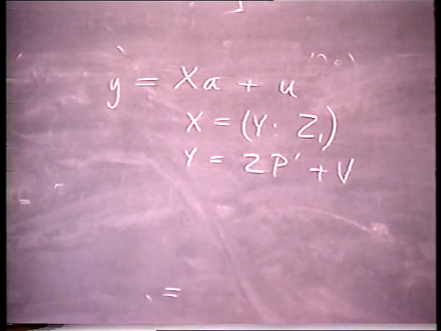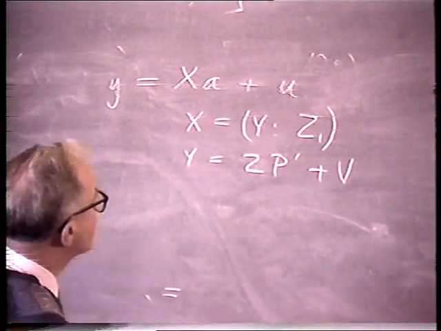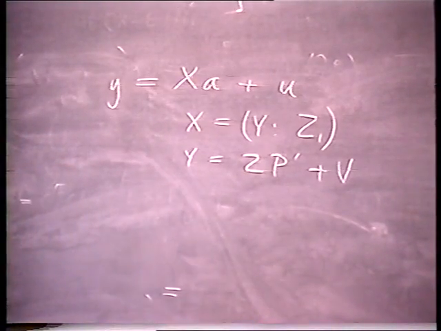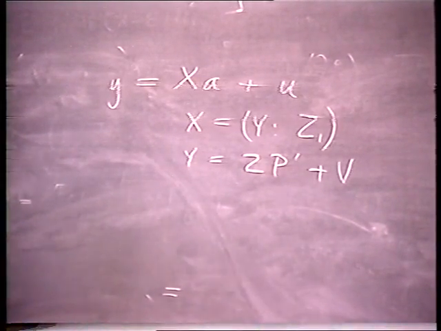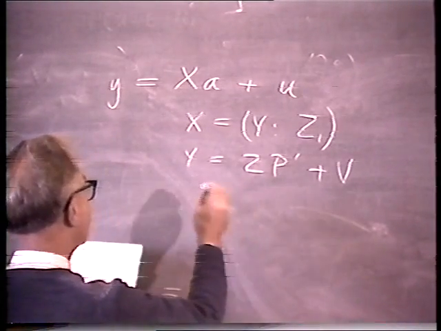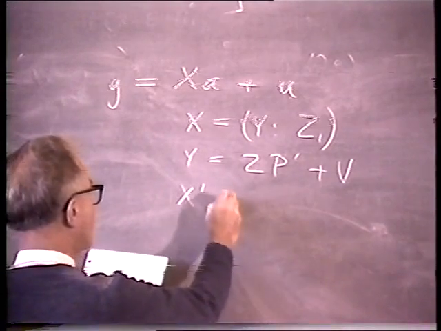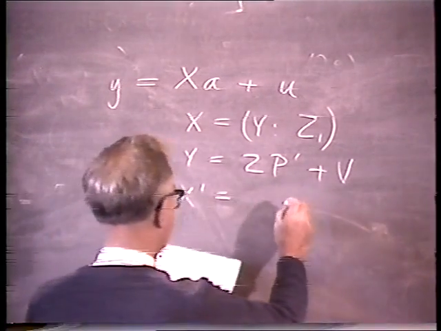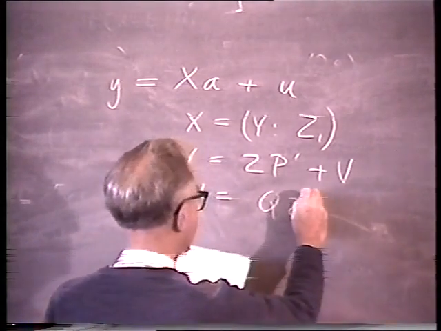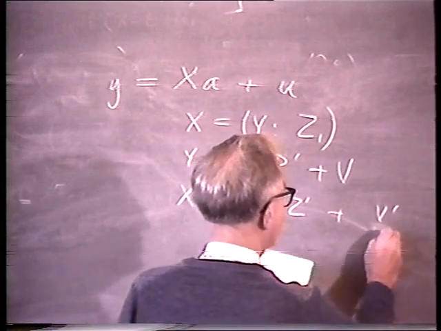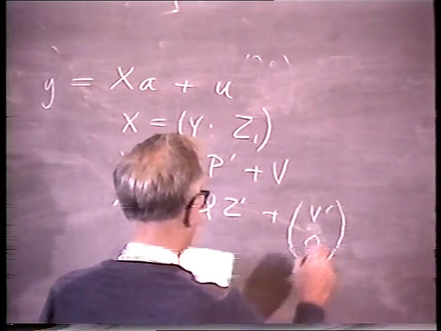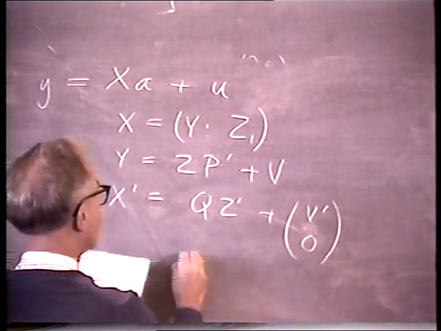So in other words, the complete set of z's that determine y are going to be used as instruments. Well, likewise, just again for simplicity, if I look at x primed, I'm going to write that that is equal to qz primed plus v primed 0, where q is